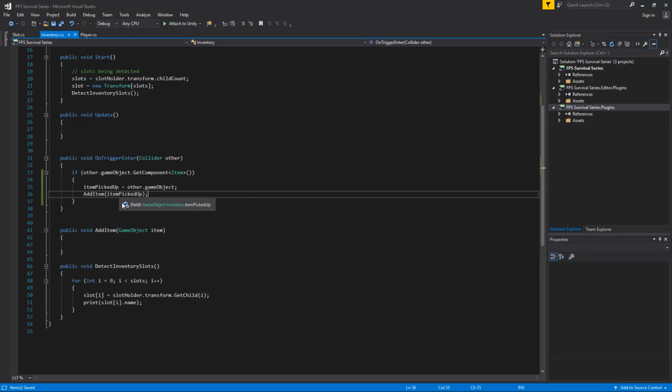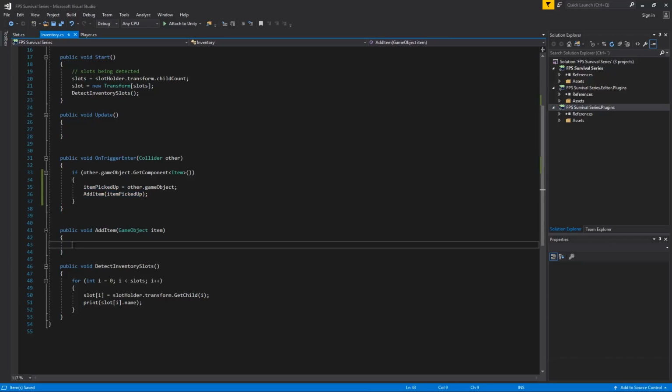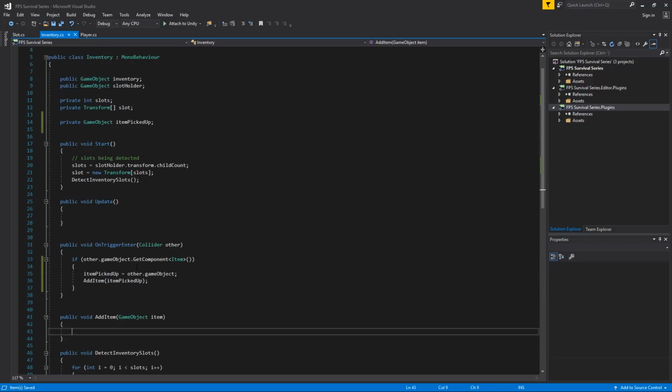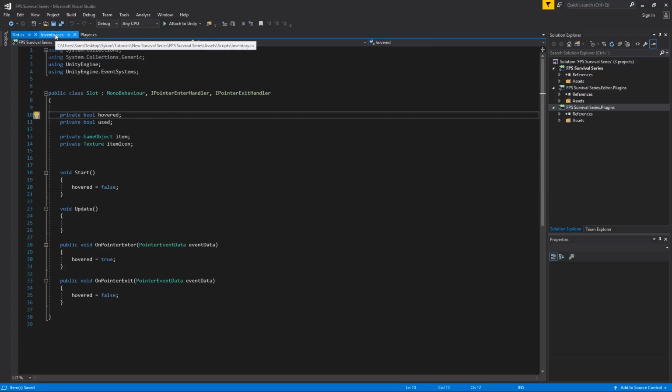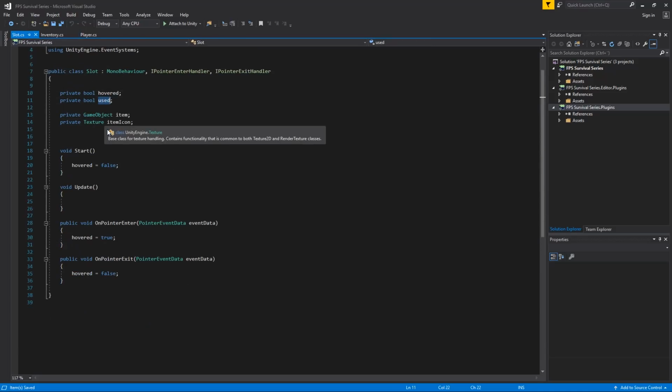Now, as you can see, for the parameter that we created, which is gameObject item here, we're saying that it's going to be item picked up. And this is to make it easier for ourselves, because we just say add item to the inventory, the item is here, literally right away. So now for the function itself, we are going to check which slot is actually empty first and foremost, and used,